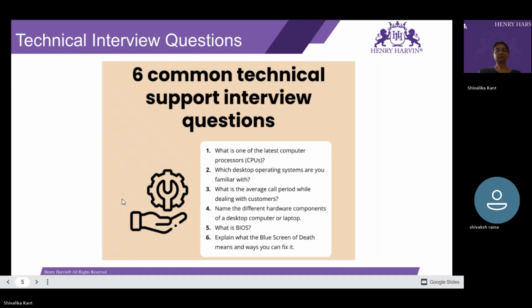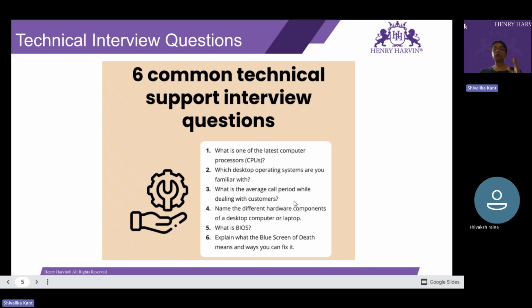Now, these are different types of technical questions, like: what is one of the latest computer processors? Which desktop operating systems are you familiar with? What is the average call period while dealing with customers? These types of questions are usually asked, and you will also be asked to do different types of activities.